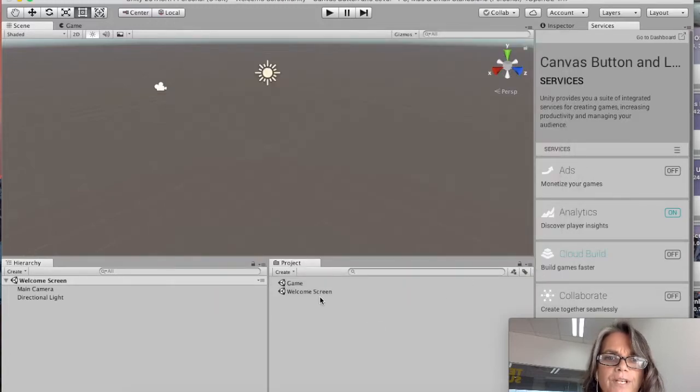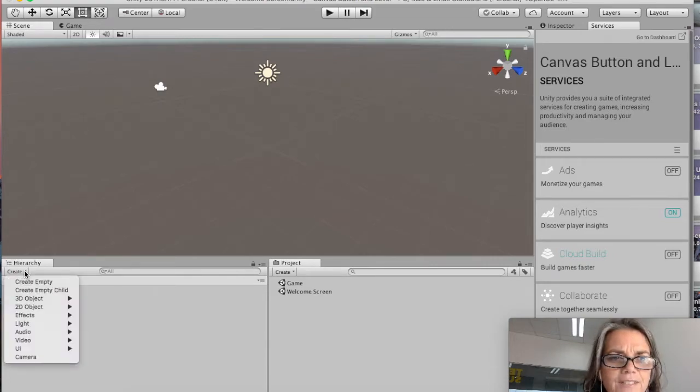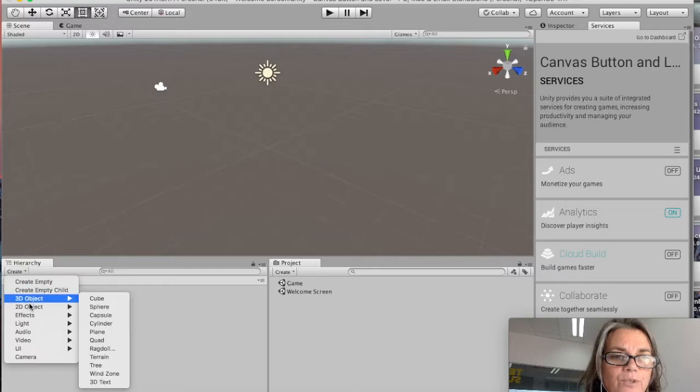So now we're working on the welcome screen, and you can always check to see which scene you're in because it says so over here. We are going to add a canvas. A canvas is the first thing that shows in front of your game. We're just going to go under Hierarchy, and say Create, and then under UI,